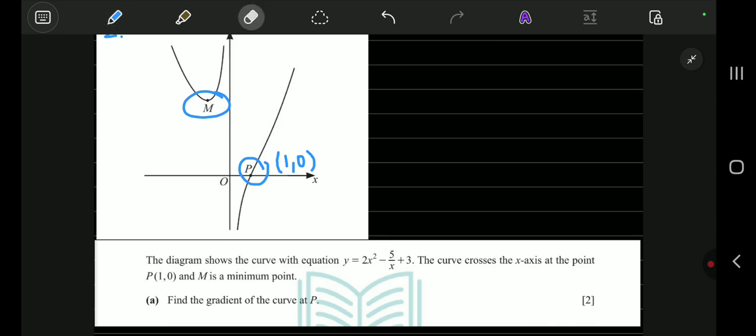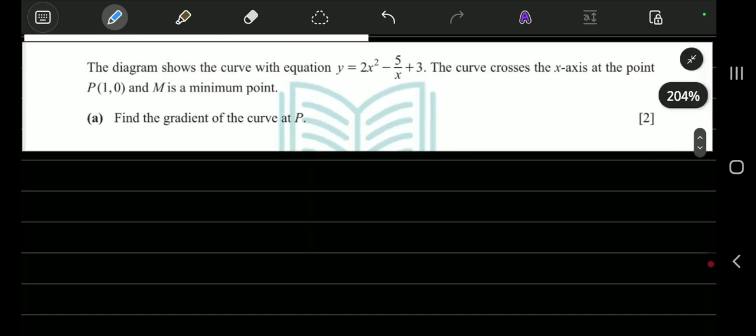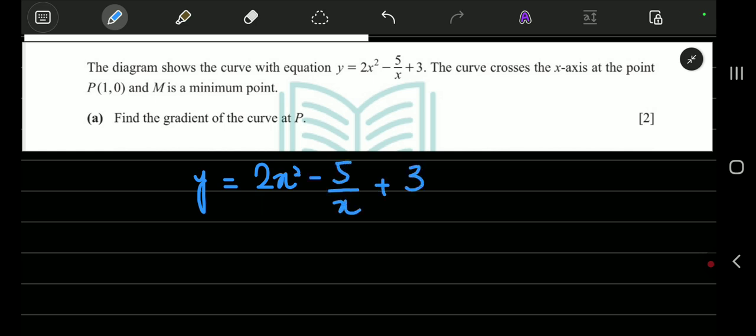So if we want to find the gradient of the curve at any point, we need to find the derivative and put the x coordinate in that derivative to get the gradient of the curve at that point. Okay, so let's begin. First write the equation of the curve. y equals 2x squared minus 5 over x plus 3. So dy by dx will be